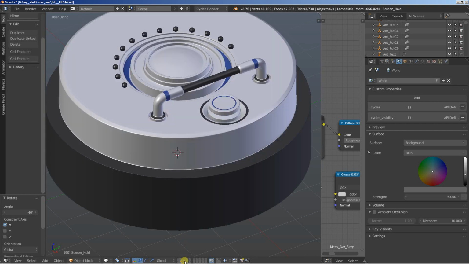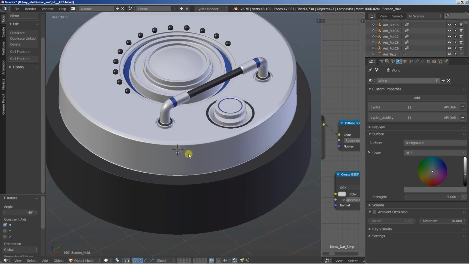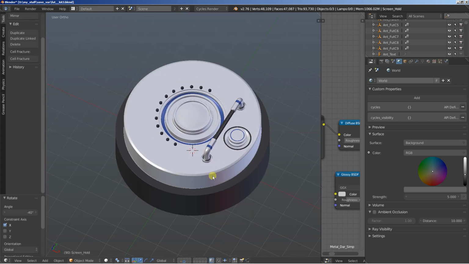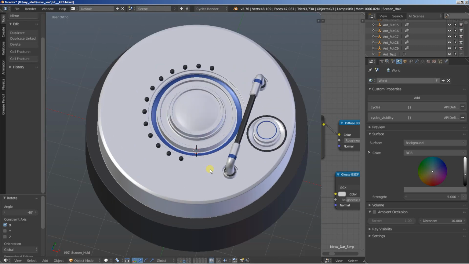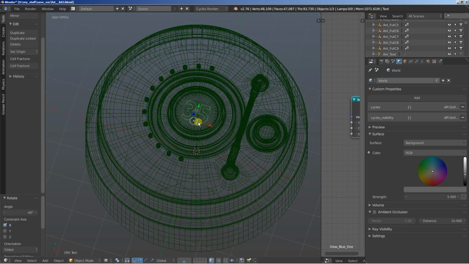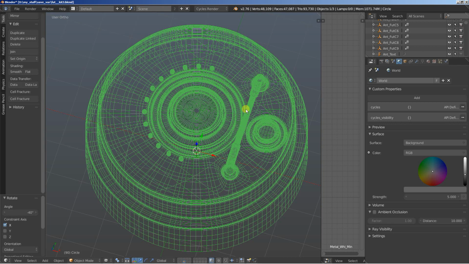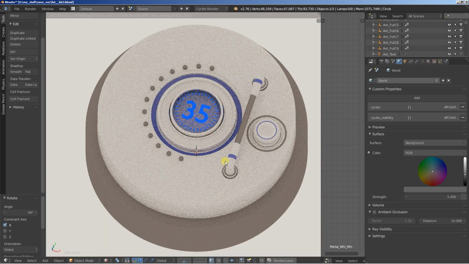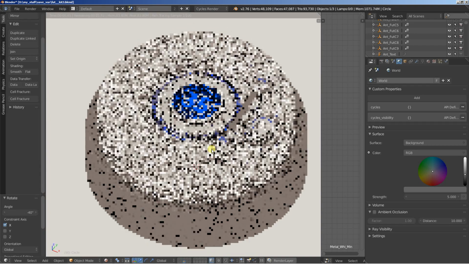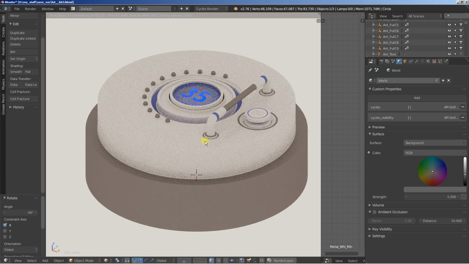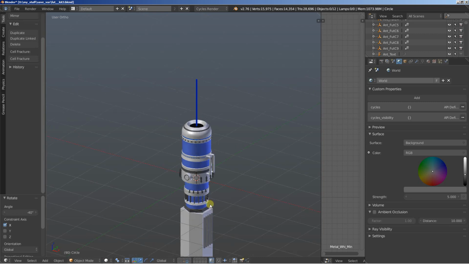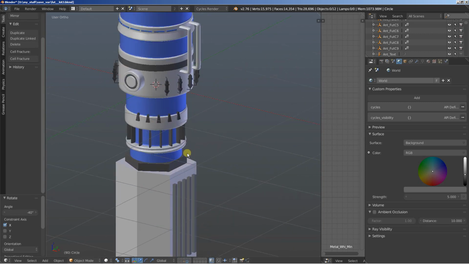moving over to the 13th layer, I guess. Okay, we have this little object right here, and again this is a complex object. This uses, I'm hitting the Z key, this uses curves, text, and some simple polygonal objects, and then this entire object uses the subdivision surface. And I'm going to quickly change to render to take a look. Okay, this is how this one looks. Alright, and changing back to solid,